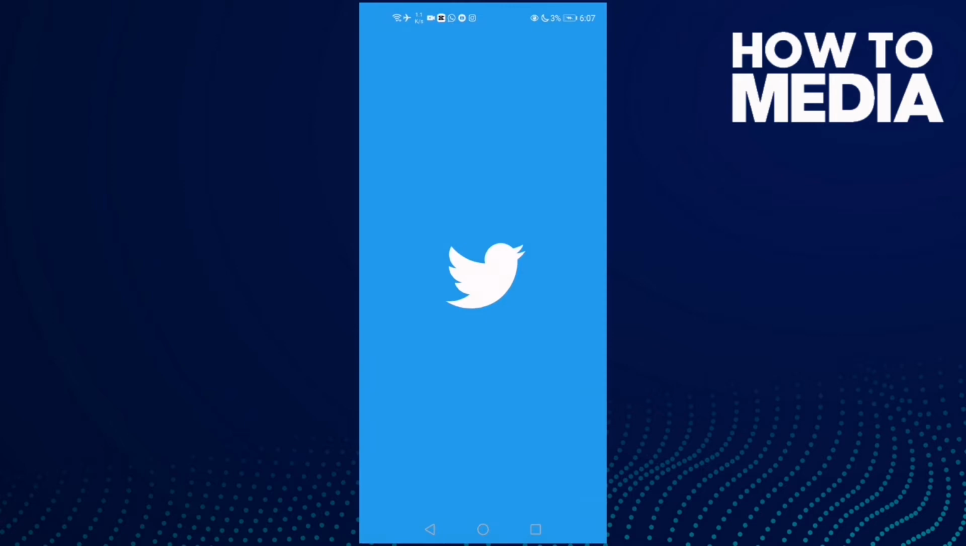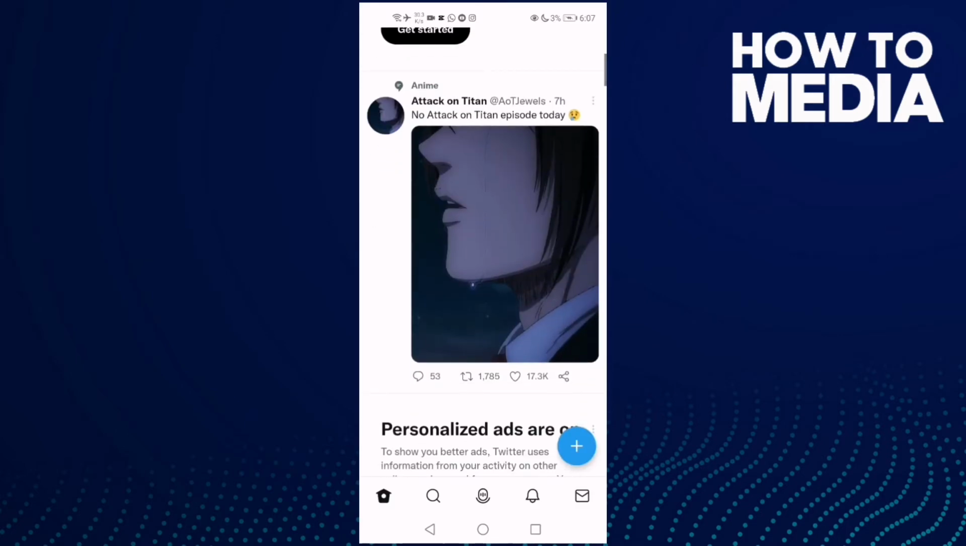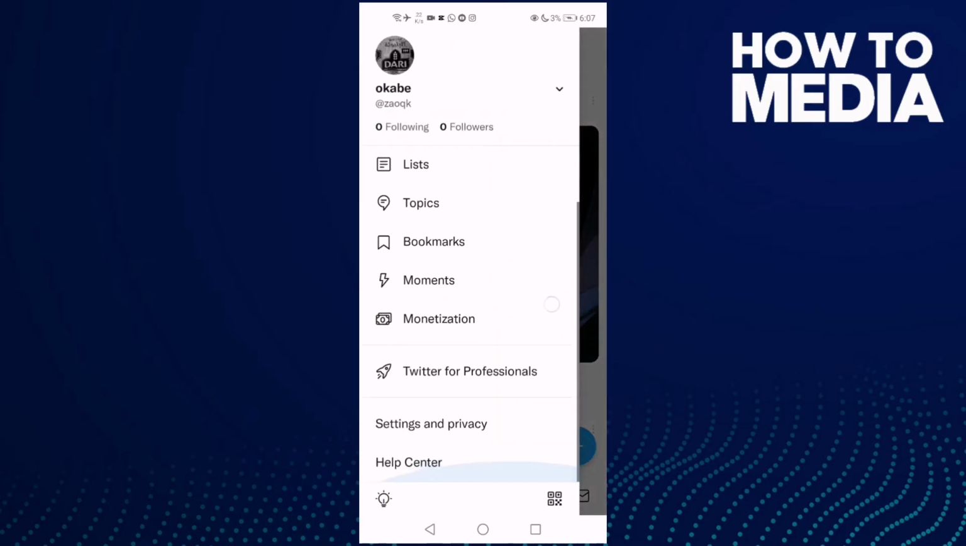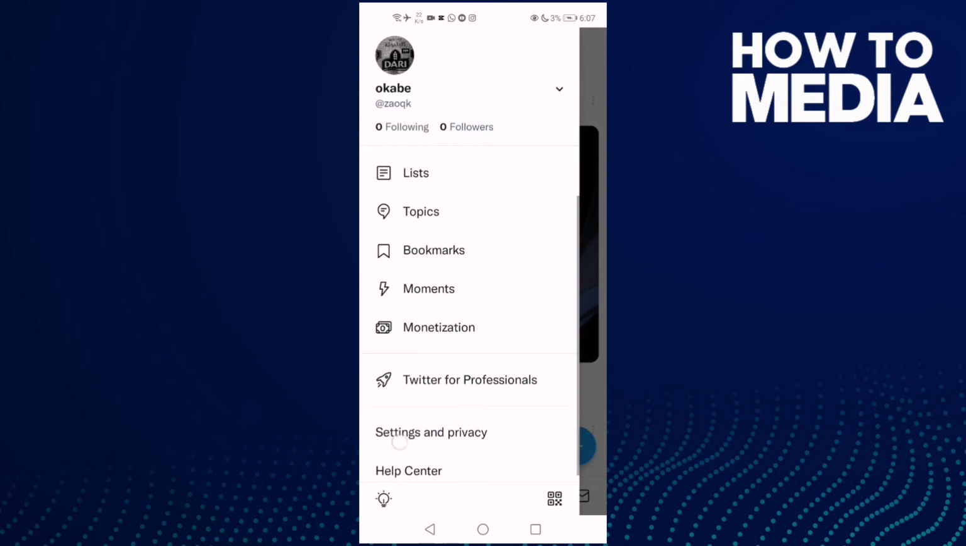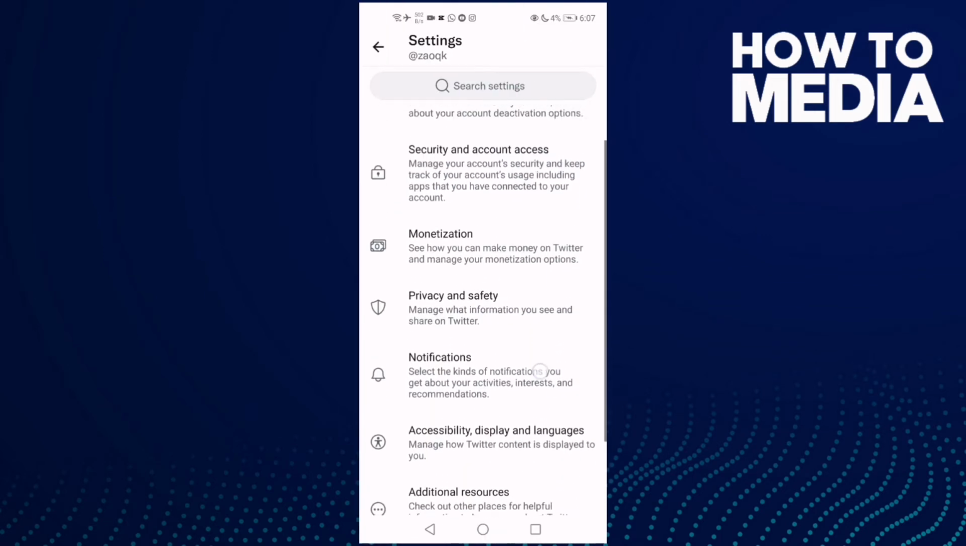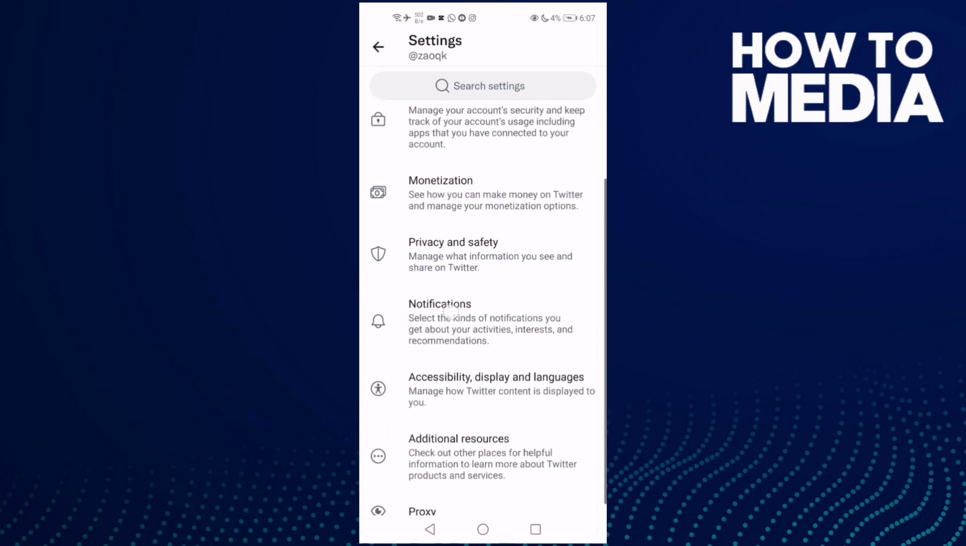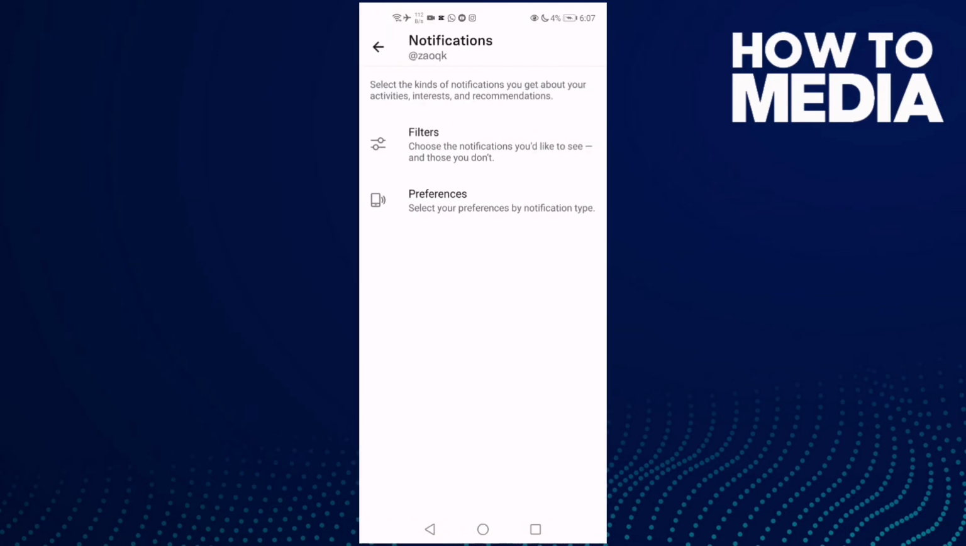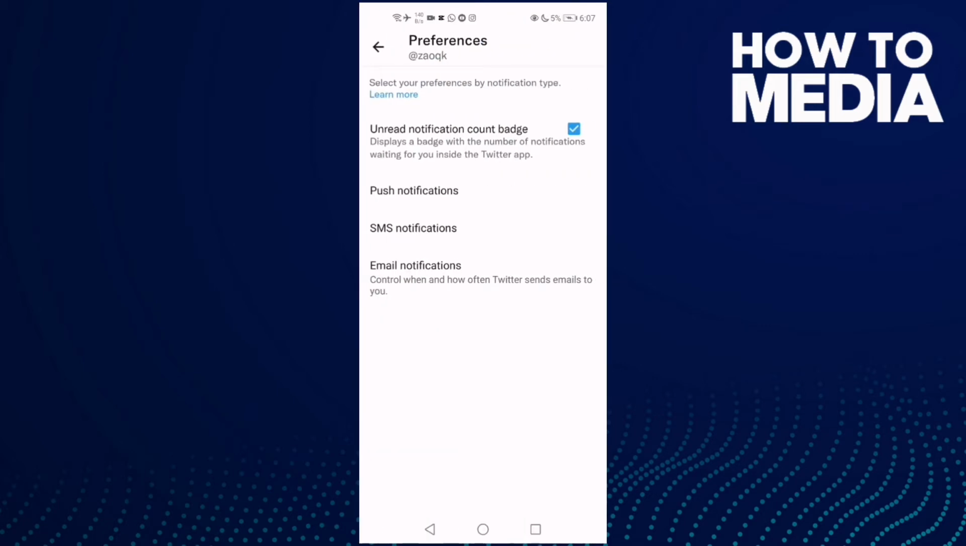First go to Twitter and then just go here and you will find this one, settings and privacy, and then you will see notifications here. Click on it, and then this one, preferences, click on it, and then click push notifications,